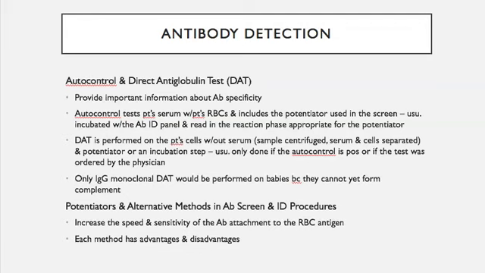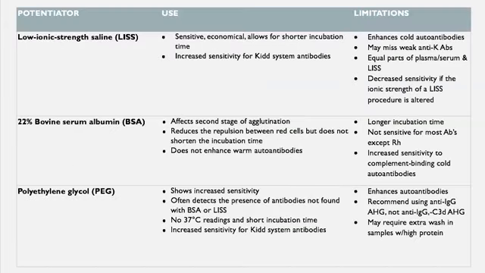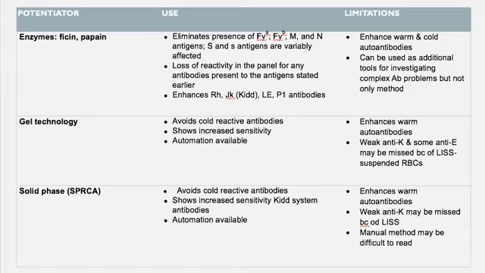Okay, so potentiators and alternative methods in the antibody screen and antibody procedures. These are just additional reagents that we've got at our disposal that can help us with antibody ID. They increase the speed and sensitivity of the antibody attachment to the red cell antigen. And then each method is going to have advantages and disadvantages. So I'm not going to go through each one of these, but just read through. I've got your potentiators listed here, how they're commonly used, some of the limitations of each of those methods, and then